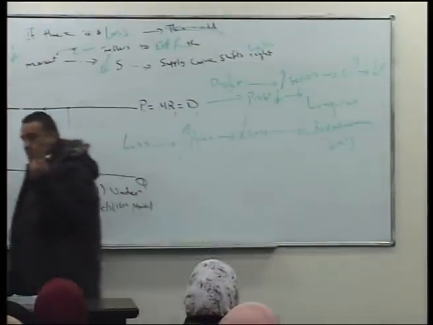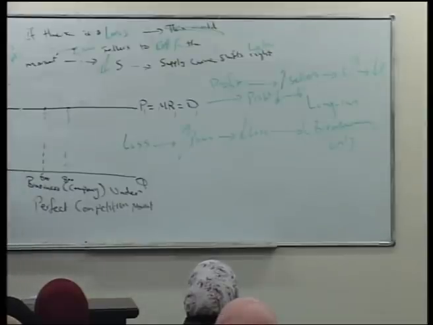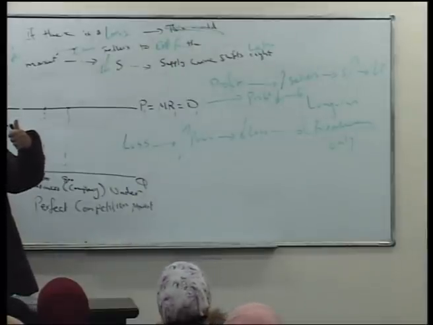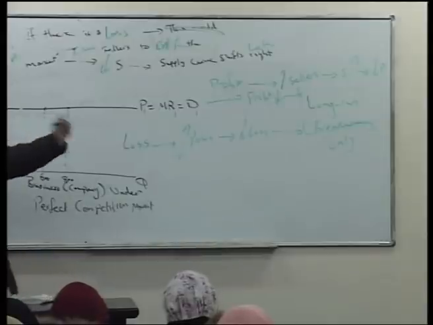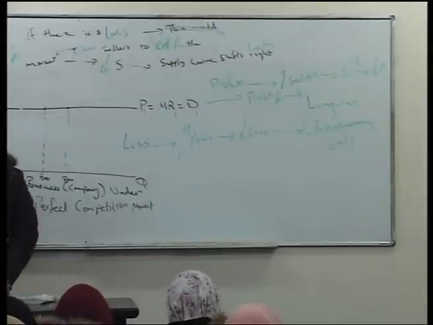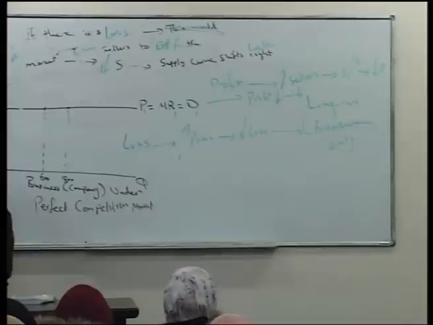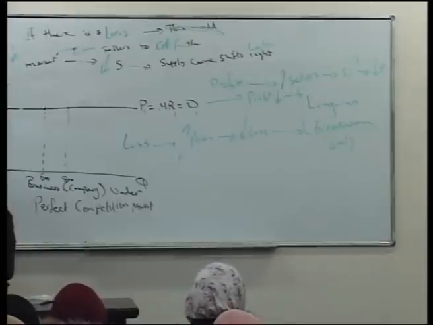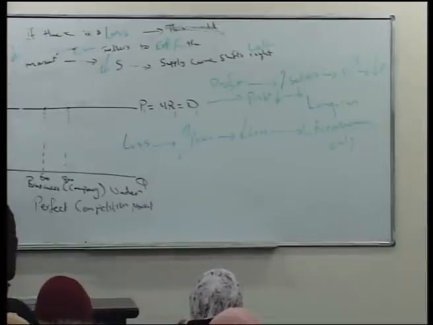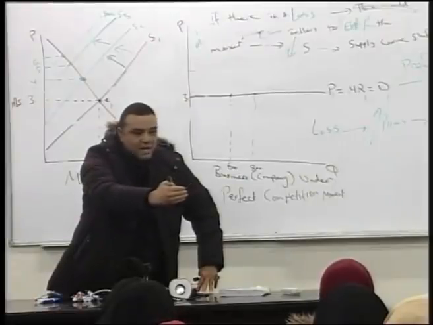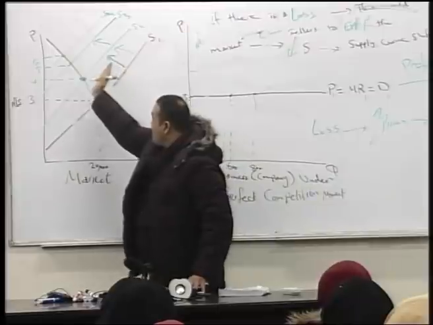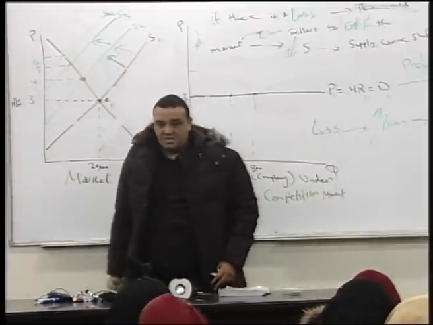So here we have two cases. In the short run, if the company that works under the perfect competition market starts at a break even, for long term a break even. If there are profits, what happens? Supply increases, the price goes down, break even for the long run. Sorry, for long term. If there is a loss, part of the sellers will leave the market, supply decreases, the price goes up until the break-even is restored here,